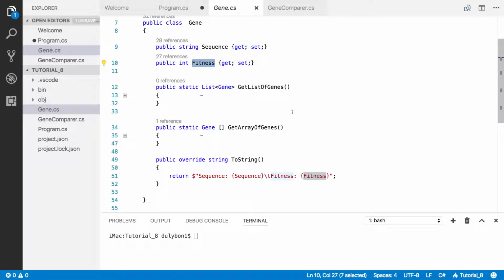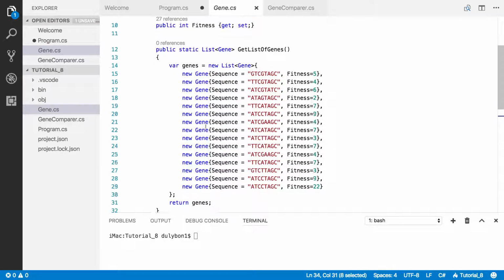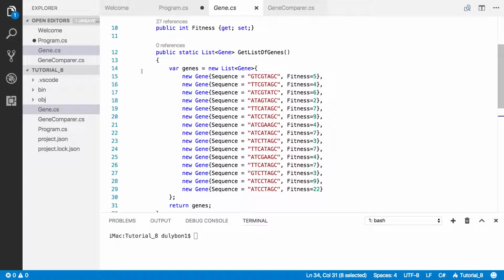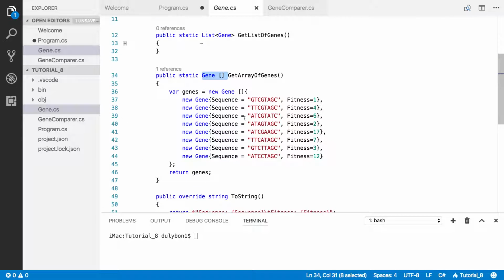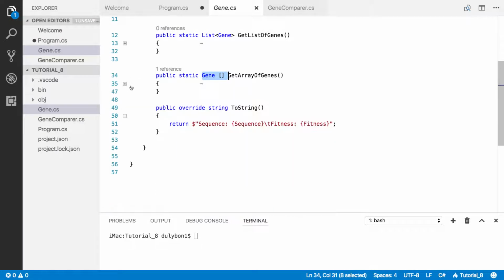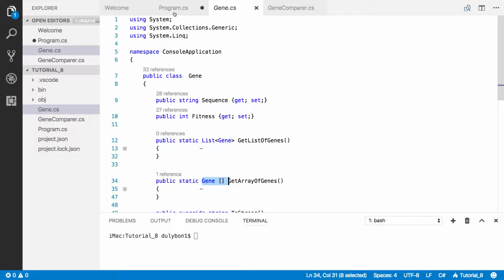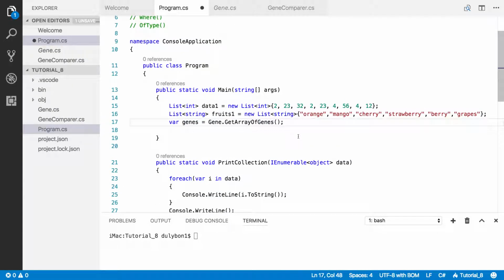I have a couple of functions in there, one that returns a list of genes and one that returns an array of genes. This just creates a bunch of genes and puts them in a list and returns it. This one puts them in an array and returns it. Okay, so let's go back to the program and see how we can use the where operator to filter this